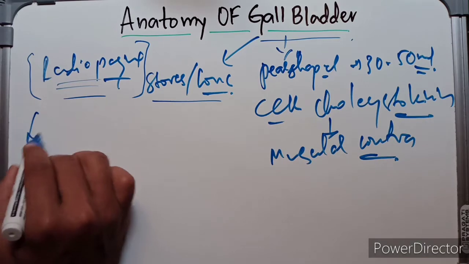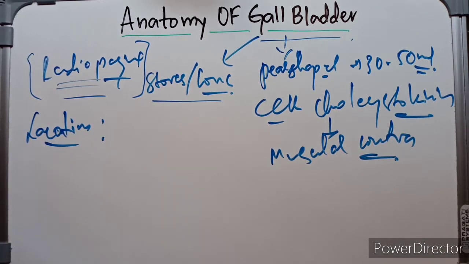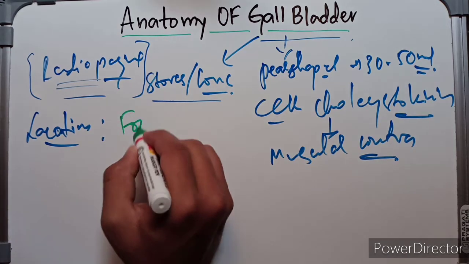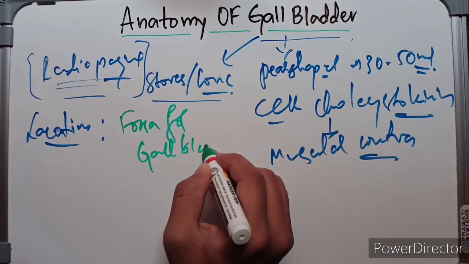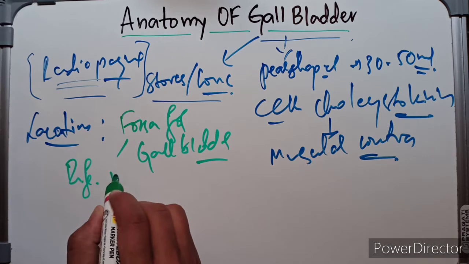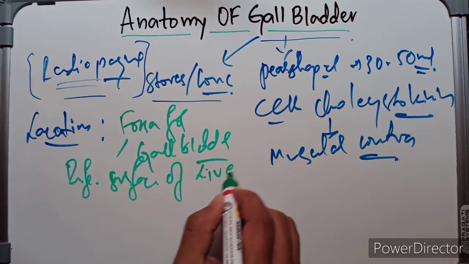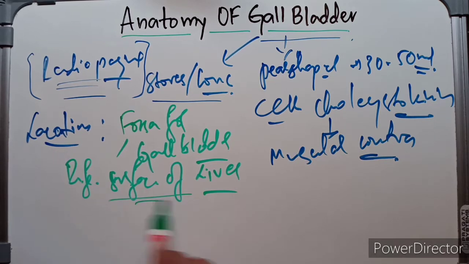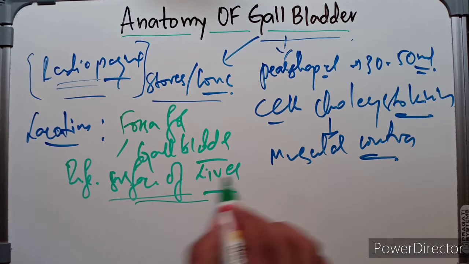Coming to the location of the gallbladder. What is the location of the gallbladder? The gallbladder is located in the fossa for gallbladder, which is located on the inferior surface of the liver. We have discussed the complete anatomy of the liver, please make sure to watch that video. The gallbladder is located in the fossa for gallbladder on the inferior surface of the right lobe of the liver,